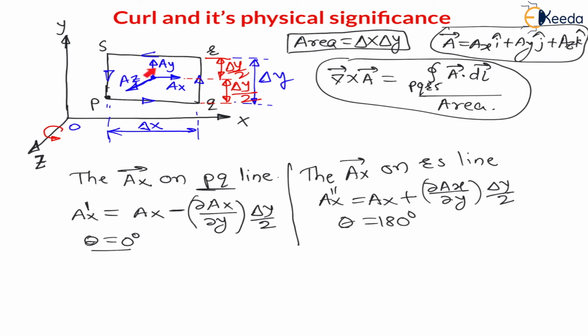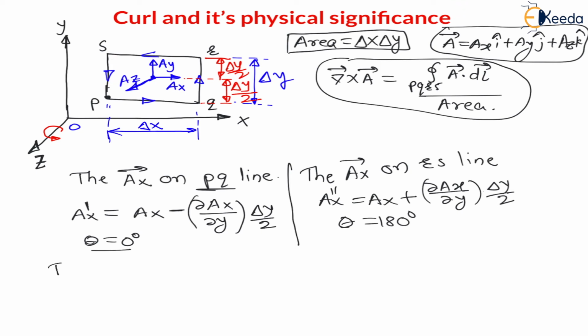Similarly, my dear students, let us transfer this AY on the ESP plane and the RQ plane or QR plane, right? Because QR and ESP are parallel to AY. We are looking for the circulation along Z. Circulation along Z is of XY plane. XY plane rotates about Z axis, right? Already we have seen this. Now, my dear students, let us transfer this AY on QR and ESP because AY is parallel to QR and ESP, right?